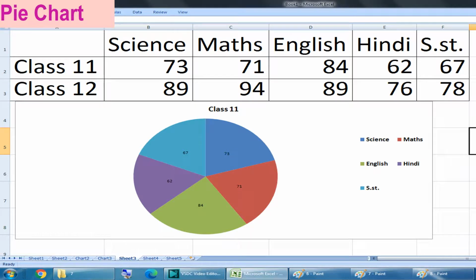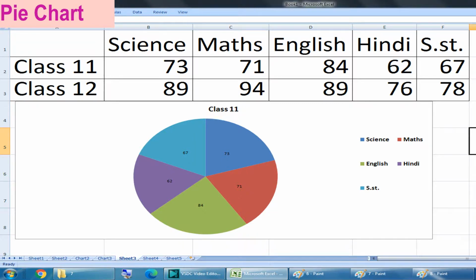Pie chart. Pie charts are used to plot only one variable at a time. As a result, it can only be used to show percentages. In this chart, we created only the 11th class chart at a time. The circle of the pie chart represents 100%. The circle is subdivided into slices representing data values.